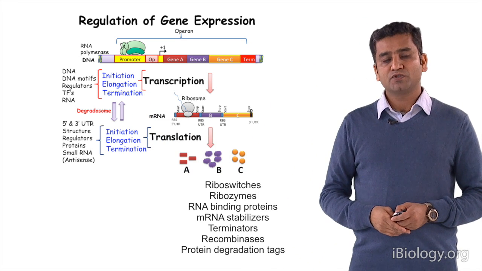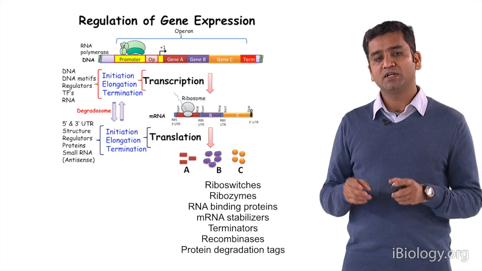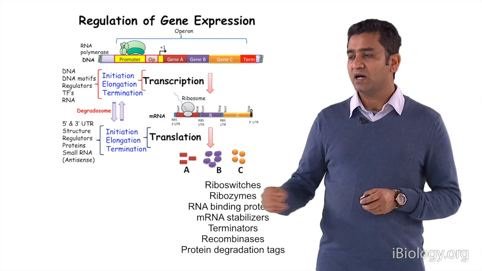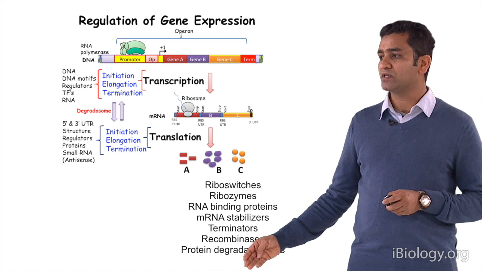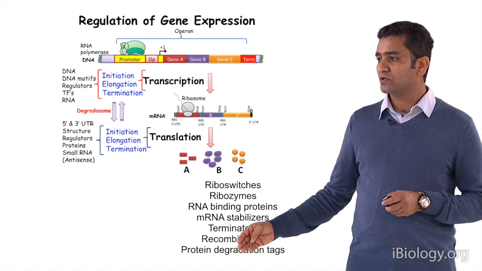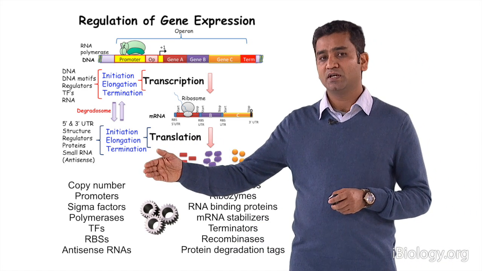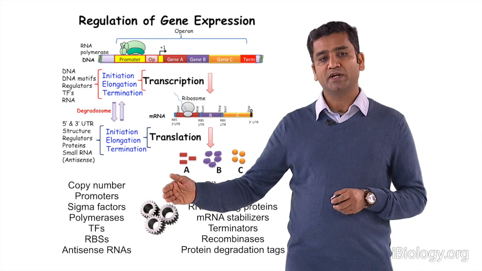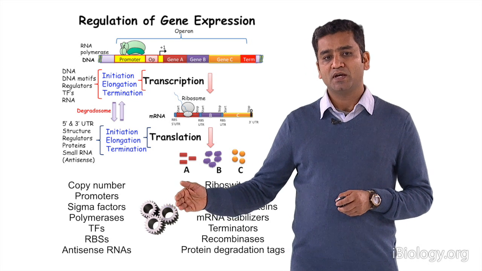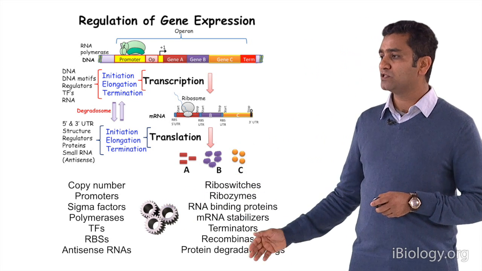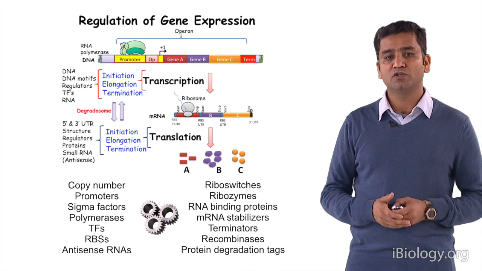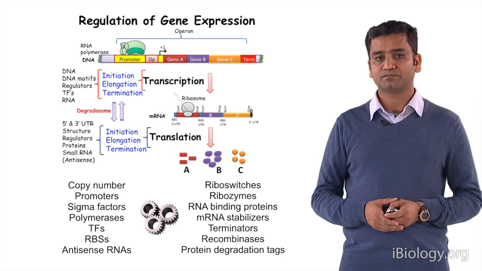And so you can see that if I want to really turn the knobs on gene expression, I have a variety of solutions I can approach. I can change the copy number of the DNA. I can use promoters, sigma factors, RNA polymerases, and so on. I can use a variety of these new knobs such that I can tune up the protein expression.